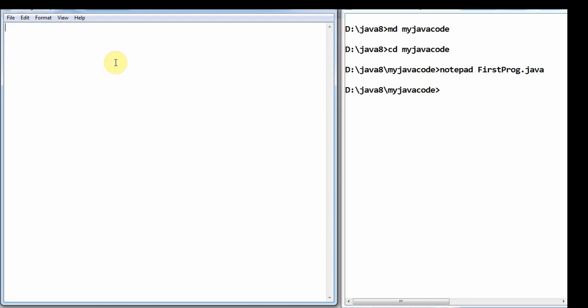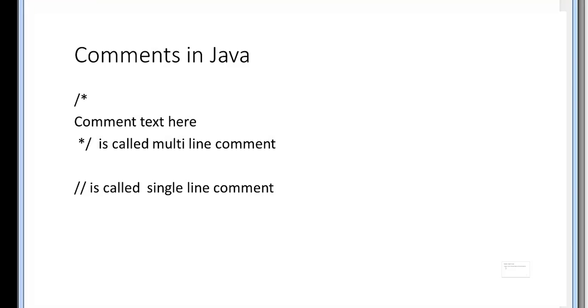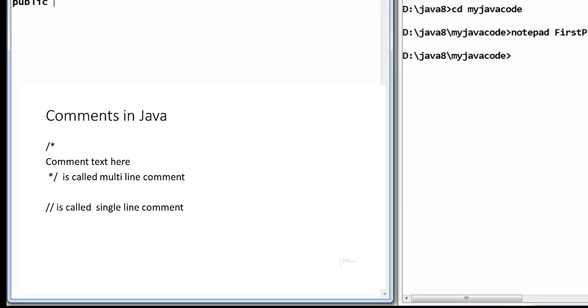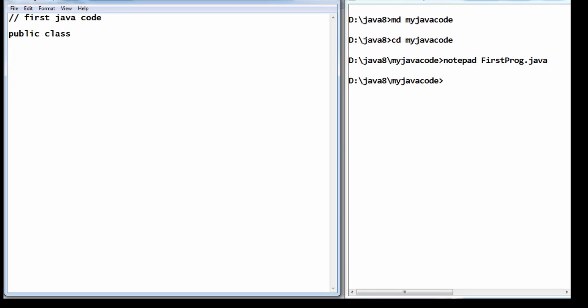So in the coding area, now we will write a comment, first Java code, then write your source code: public class FirstProgram. Now as per the rule, we can notice the file name and class name are the same, in convention.